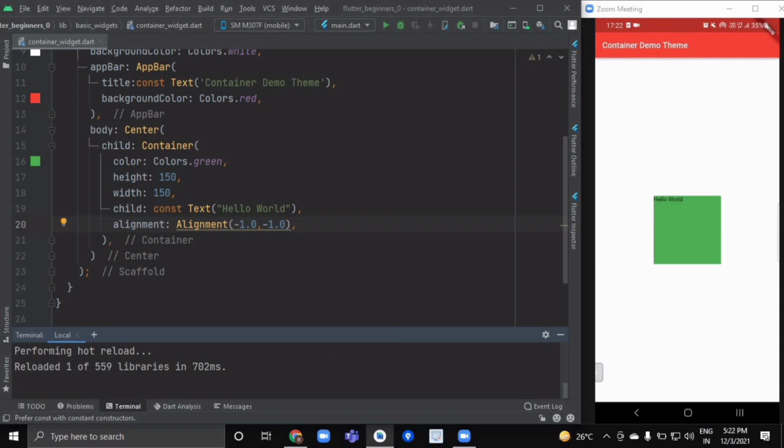Okay, now we are going to explore the constraints property of a container. Now a constraint is just a property specifying the size or space a widget can take up. Most of the widgets and UI can be built by using simple box constraints. A box constraint only cares about minimum width, maximum width, minimum height and maximum height.